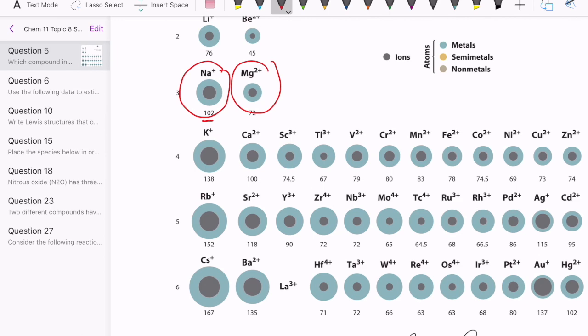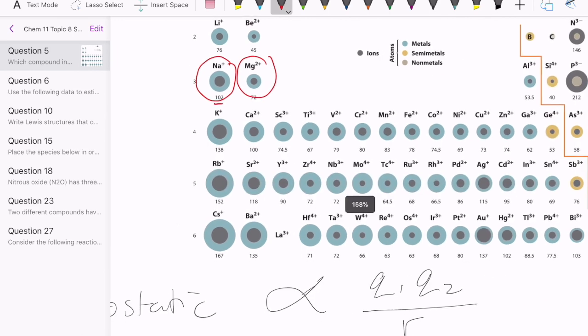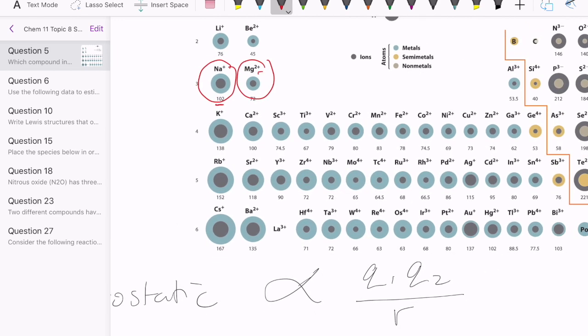So one of them is 100 and the other one is 70. It's not exactly half, but the charge of this is +2, the charge of that is +1. If you go, say, from sodium all the way to cesium, you can see that sodium is 100, cesium is 160. So there is some difference there, but it's not quite double. Whereas the charges a lot of times would double or triple or quadruple depending on what type of ion combinations